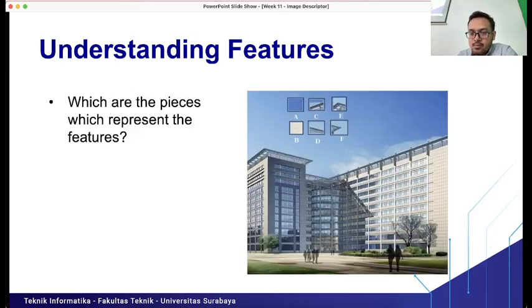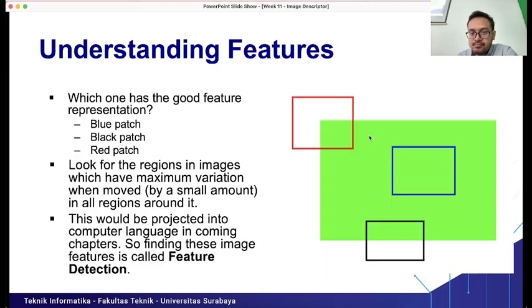If we look back at our previous slide here, the C, E, B, D, and F, we can say that those are the good features that represent the building object, right? Because they contain the edge from the building, the corner from the building, and also maybe the window from the building.